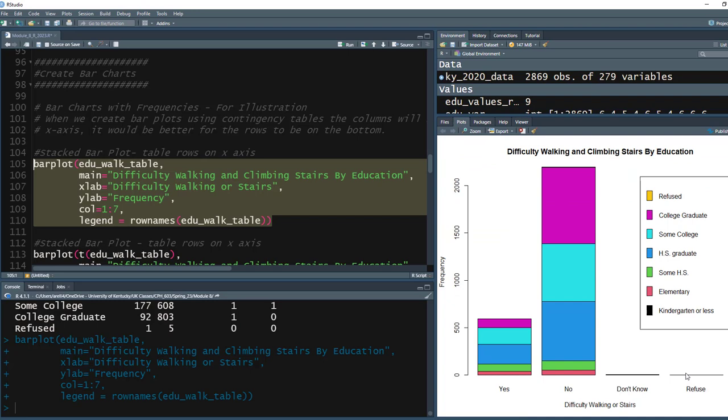All right, so if we run this, notice that along the x-axis I have the difficulty walking or using stairs variable. I've got frequency on my y-axis, and then for the different levels of education I have all these different colors. Now this plot is very hard to read for a number of reasons, and so that's why I wanted to show you this one first and talk about how we're going to make this plot better. One is we've talked about how what I'd like to do is condition on education, and then for each of those levels of education look at whether or not people have trouble walking. Well, part of the problem is whatever row we have in our table, R is automatically going to put that